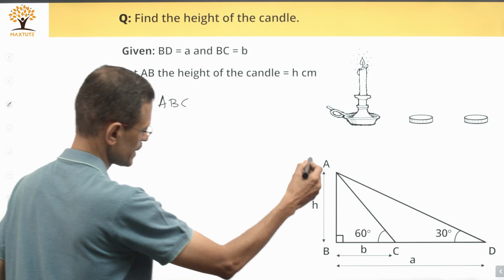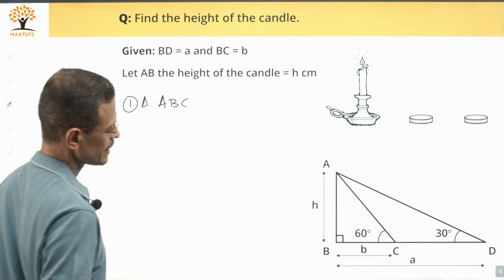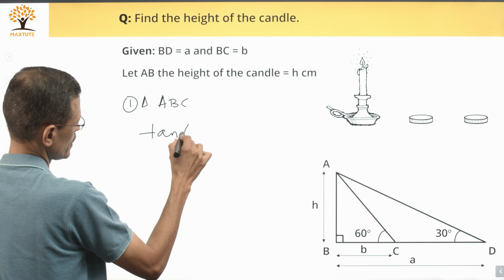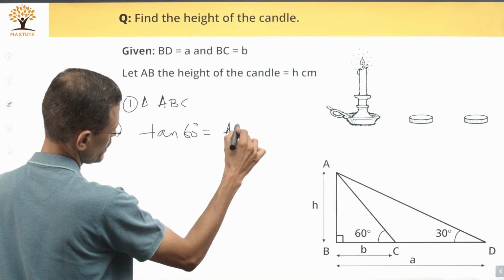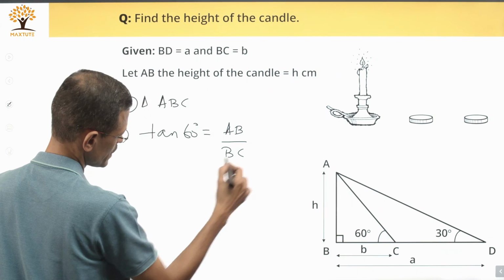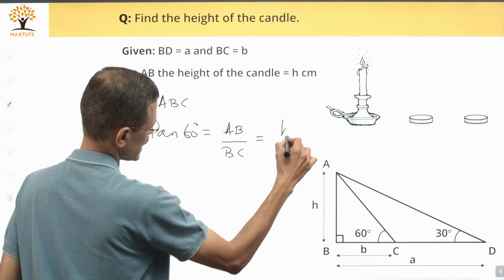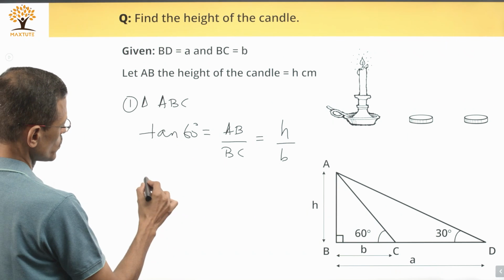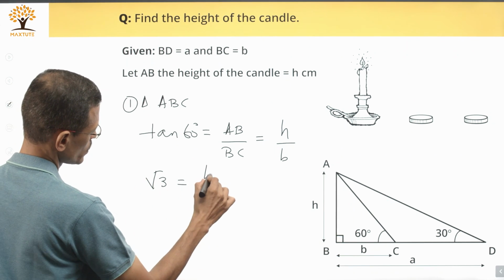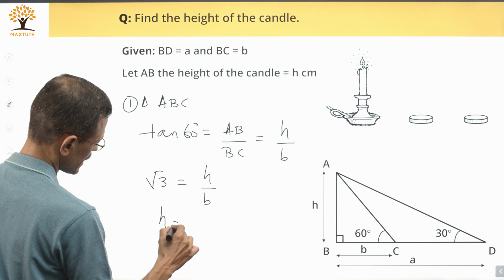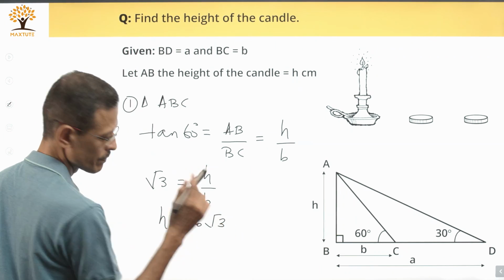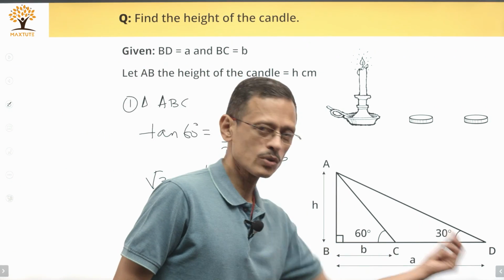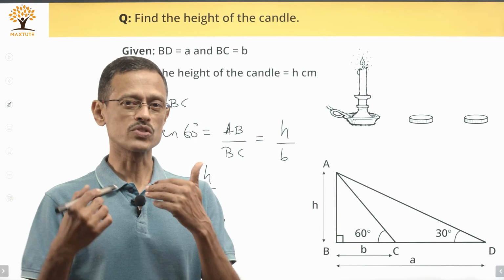Start with the first triangle ABC, right triangle. In right triangle ABC, tan C, which is tan 60 degrees, is equal to the opposite side AB divided by the adjacent side BC. So, this opposite side is the height of the candle, adjacent side we know is B centimeters. Tan 60 is root 3. So, root 3 is equal to H upon B, or the height of the candle is going to be equal to B root 3. If this is the only information available, we could have gone with that. They have given us information about this one also. So, at some level we need to use that as well.